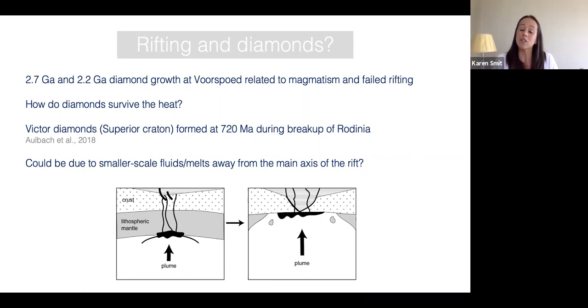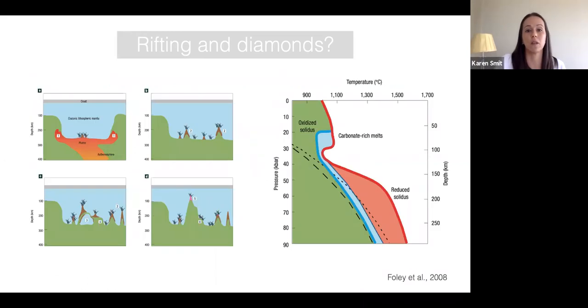And so potentially a similar scenario is the Victor diamonds from the Superior Craton. So Sonja Ulbach obtained a rhenium-osmium age of around 720 million years. And the suggestion there is that the diamonds formed during continental breakup. And so the diamonds could be related to smaller scale fluids or melts away from the main axis of the rift. And so here's just some schematics from Steve Foley's review in 2008 that shows plume impingement on the cratonic